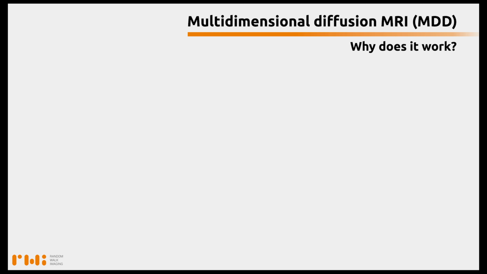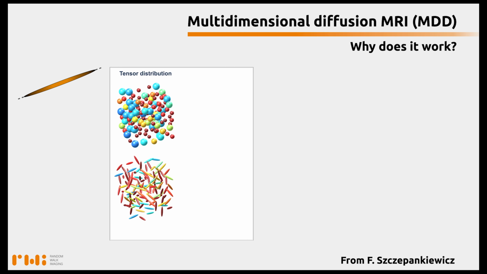Why does it work? Let's investigate this using this example. In this example, we face again the two voxel contents I previously mentioned. This one contains diffusion patterns or diffusion tensors with varying sizes. In this voxel content, you have anisotropic diffusion patterns or diffusion tensors that are randomly oriented, which could be the case of a meningioma, for example. If you use linear encoding to study the first voxel content, you will be sensitive to these high diffusivities in the big diffusion tensors and to small diffusivities in the small diffusion tensors. And then the diffusivity distribution that you will probe will have a peak at slow diffusivities and